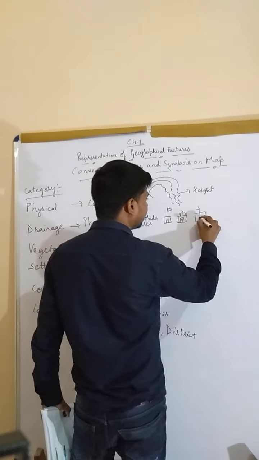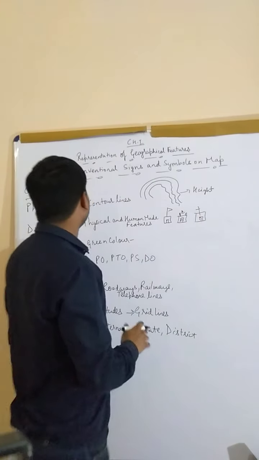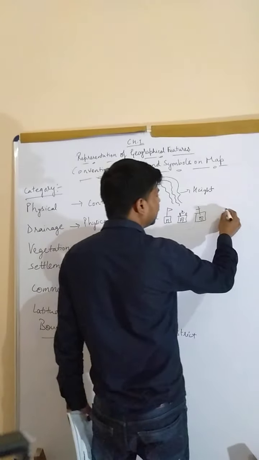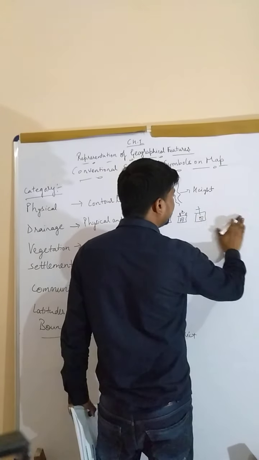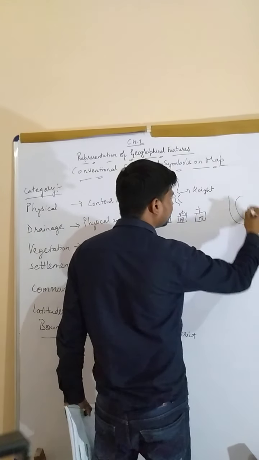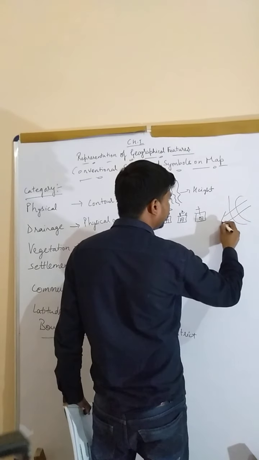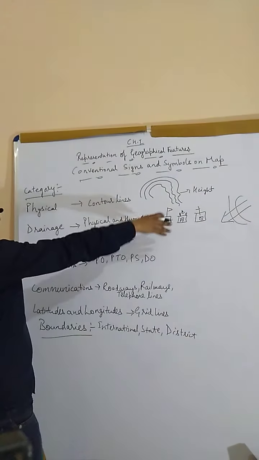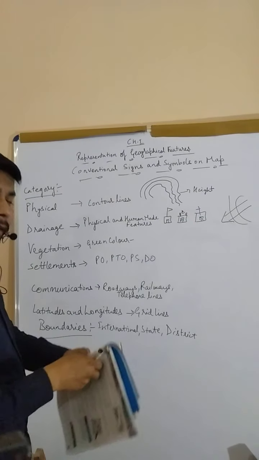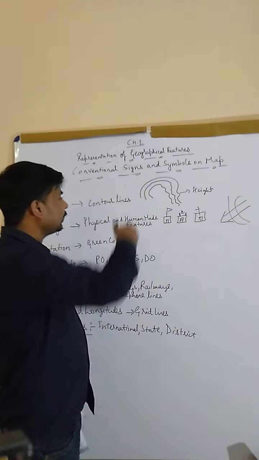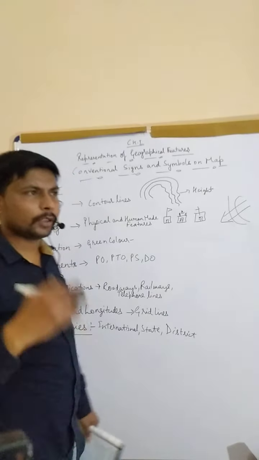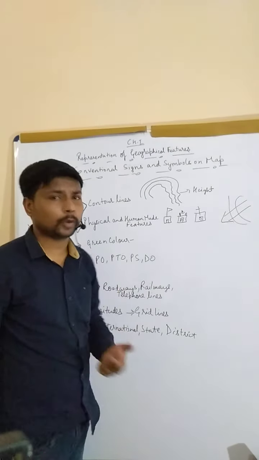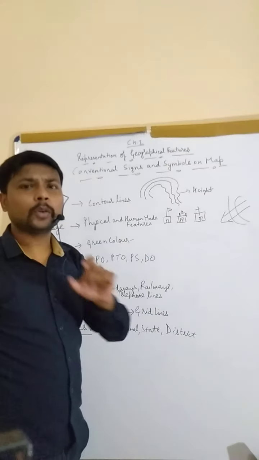No problem in that. And if there are some physical features like mountains or drainage basins, they will tell you about them through lines like this. Through this, they will tell you about the slopes and all those things, right? So through drainage symbols, we get these things. Don't worry about it. I'll send you all the symbols, right? You can watch those symbols and read them, and you have to make those symbols in a notebook, right?